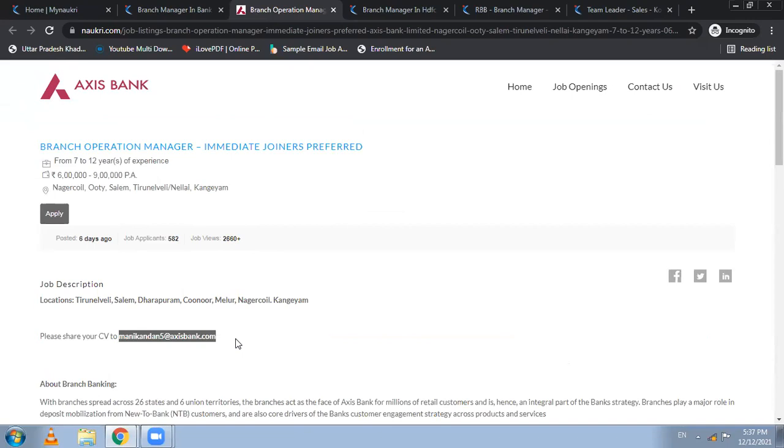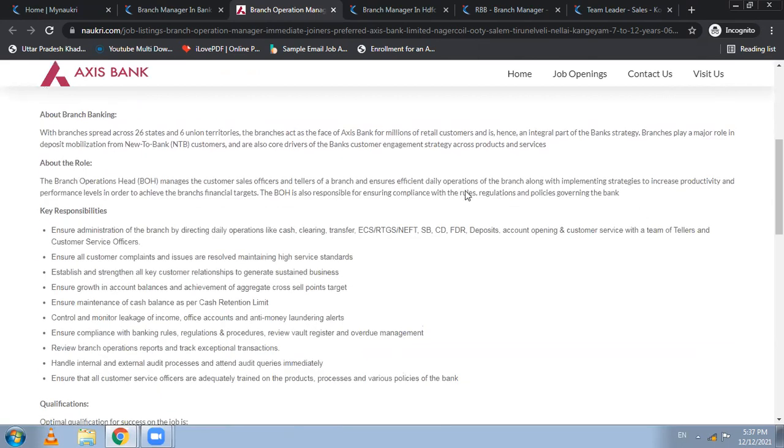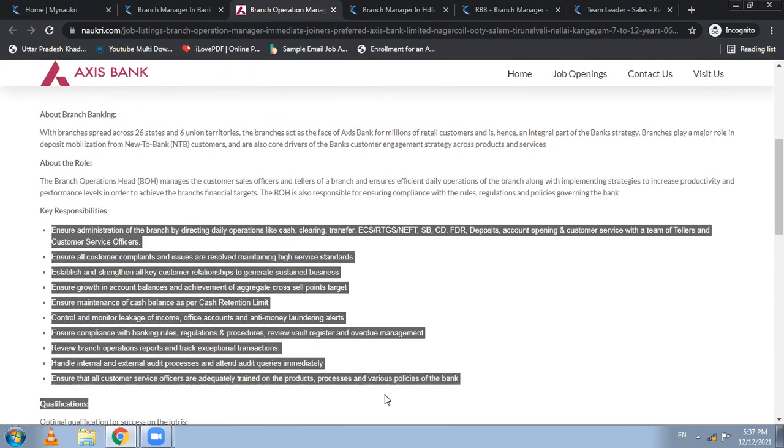Once you are going to send your CV to any company, you should make some changes in it. Now you would be wondering, sir, how can we manage this every time, and what kind of changes should there be. Now the person who was looking for the bank manager job, you not only should, but you must try to include some of these points in your CV. Some of these points you should try to include in your CV.